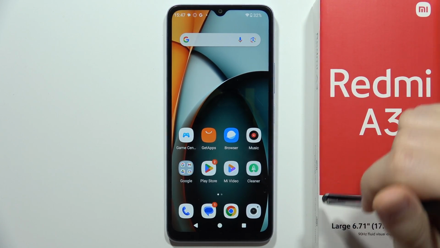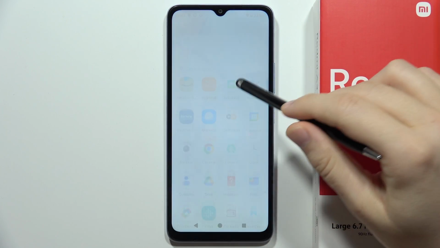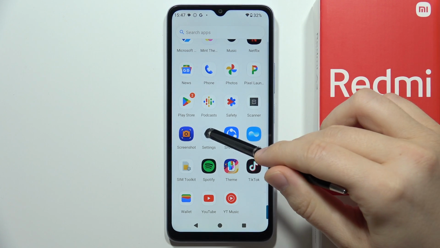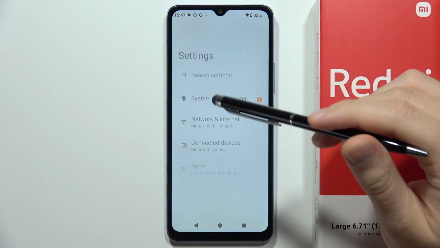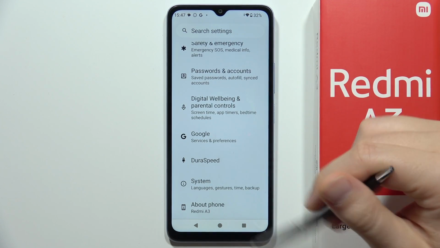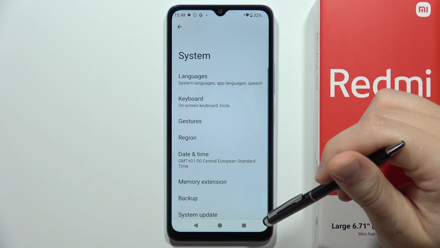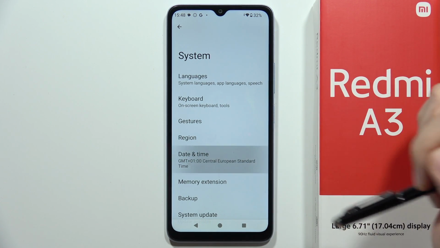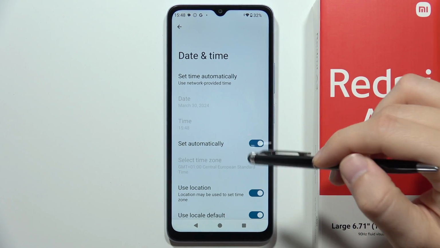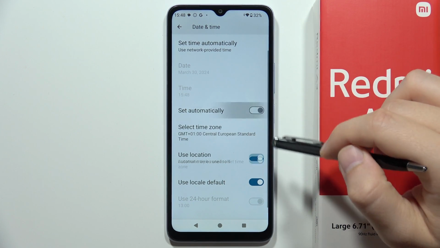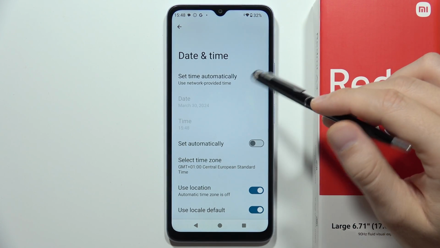Hey, to change date and the time on the Redmi A3, you have to open the settings. Now from this, you have to scroll all the way down, select system settings, and right now select date and the time. First of all, we have to turn off this automatic time, and after this,